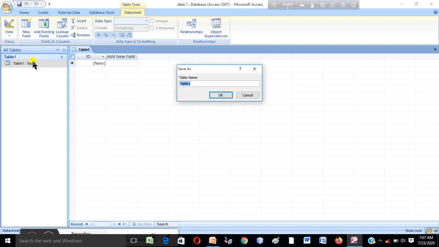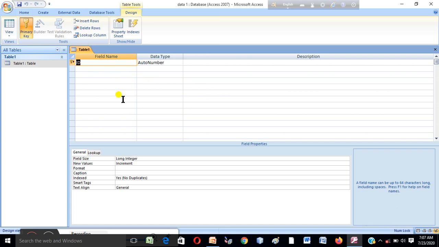We go to the design view. This is the design view of a table. First, field name and data type.